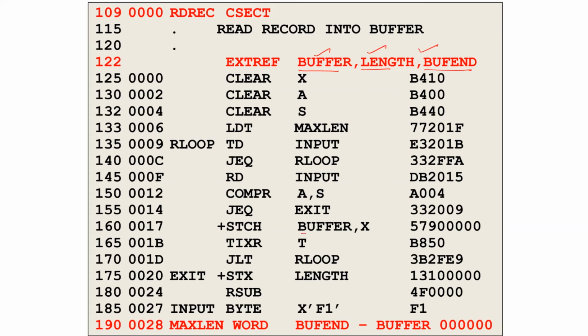Buffer is used here, length is used here, bufferend is used here. You don't know the values because they are not defined inside this control section. They were defined in the previous control section.